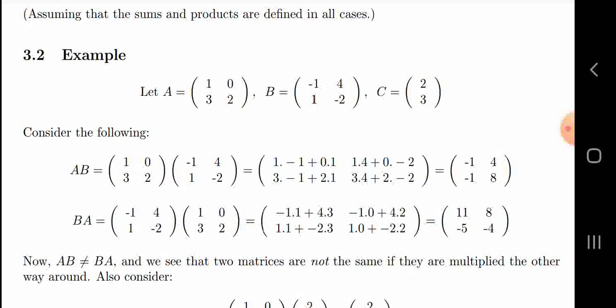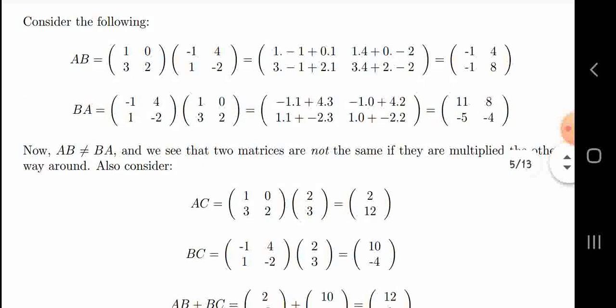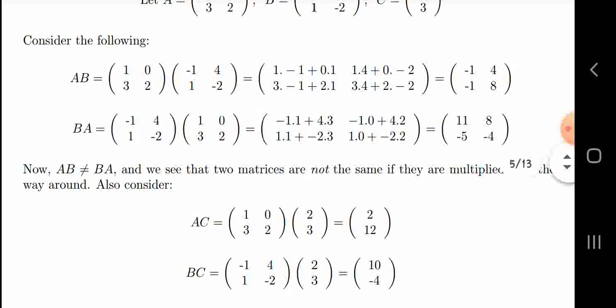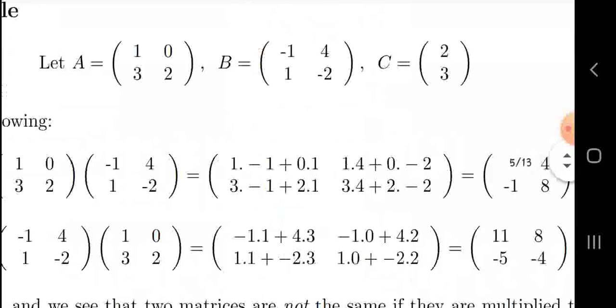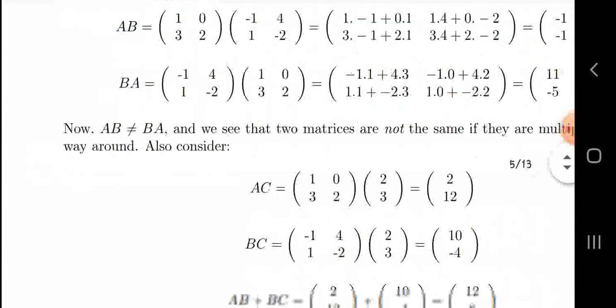So when you multiply, see what you have to do: you take AB like that. Next BA you have to do the opposite like that only. AB is not equal to BA because here AB is getting a lesser number but BA is getting a more number. So here your first equation you read now, commutative A plus B is equal to B plus A, they both should be equal, but here it is not equal, so it is not commutative.